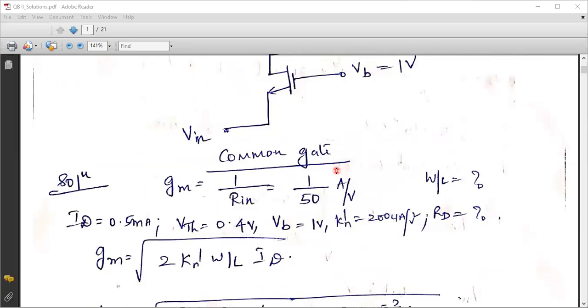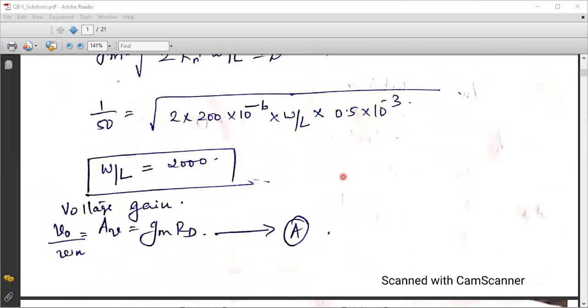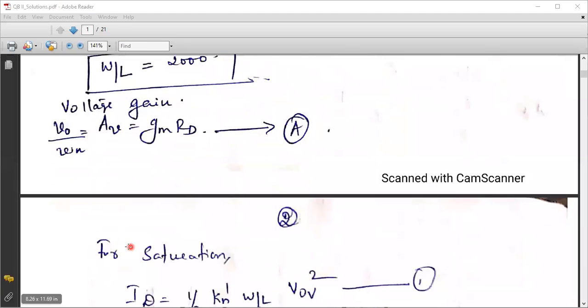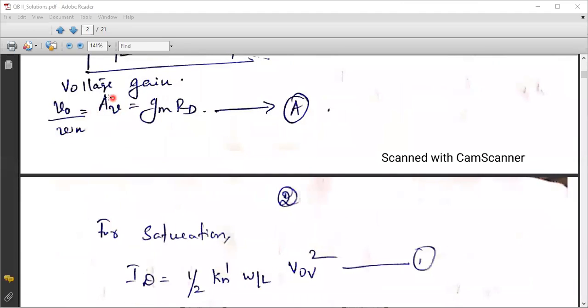If you observe the derivation of the common gate amplifier, the equation for gain is given by Gm into RD. All of you take down this. The expression for voltage gain of a common gate amplifier is given by AV, which is equal to Gm into RD. So directly this RD has an impact over the voltage gain AV. But we don't know AV. If you know AV, you can solve for RD. So let it be equation number A. This is the main equation to which we need to come later and solve for RD. But we need to find AV, in fact, right? Then only we can solve RD, because we need to maintain the maximum voltage gain to compute RD. That is the constraint which is given in the question. Is that clear, students?